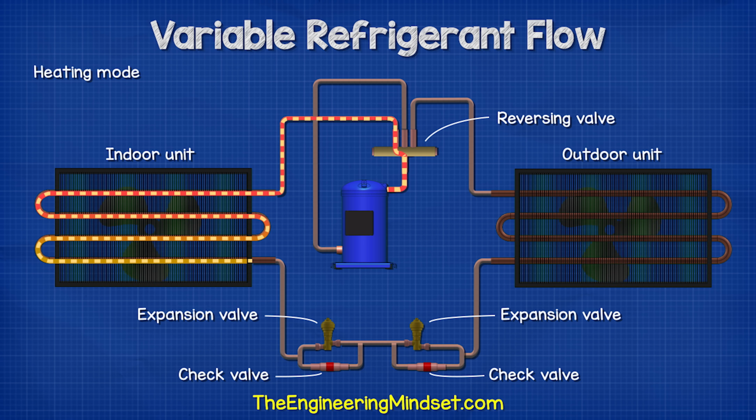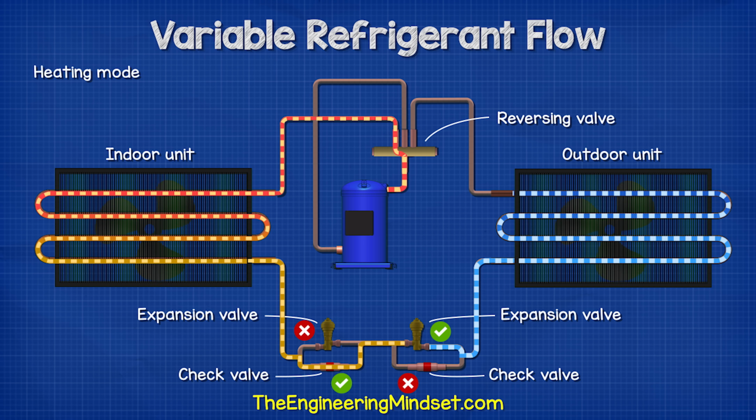In heating mode, the valve slides across to send the hot refrigerant straight to the indoor heat exchanger to provide heating. It then flows through one check valve, but the second valve blocks the flow, so it has to flow through the expansion valve. And from there, it can flow to the outdoor unit where it picks up more thermal energy and then returns